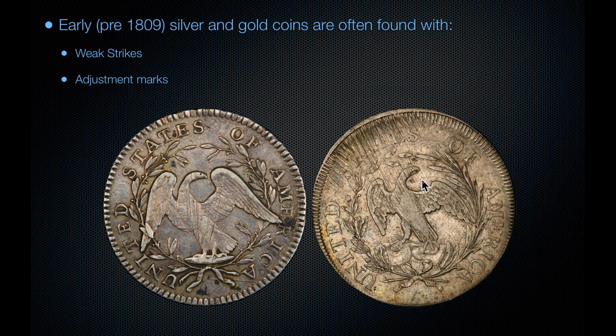Adjustment marks are something that you occasionally will find. Adjustment marks were a scraping of excess bullion off the planchet before it was struck. In other words, the planchets, if they were slightly overweight or underweight, got a scrape from a file before striking to ensure that the coin was not going out overweight, in other words, containing too much silver. And planchet adjustment marks are usually very deep parallel scratches, and